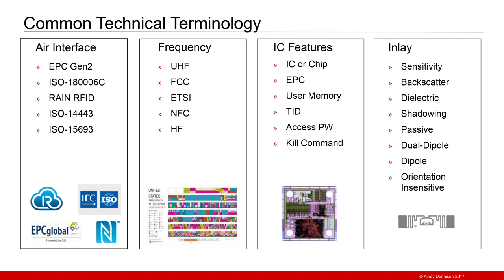So it was a great question earlier. That's the unique identifier memory bank that you have, 96 bits typically. User memory is additional space. You can store information on the chip if you'd like. TID is tag identifier. Each of the chips has a manufacturer code, so a lot of times that's serialized itself. But the main thing is the TID header tells you what chip type it is, what model number it is